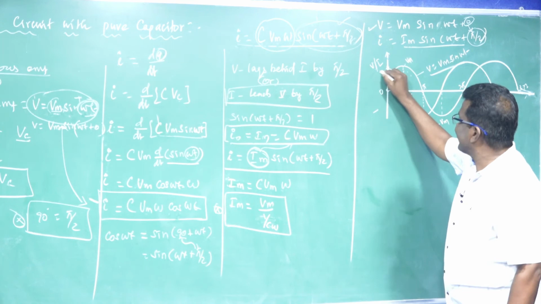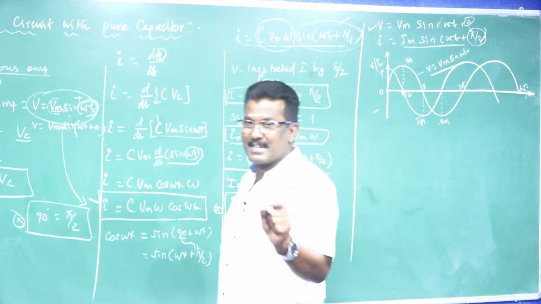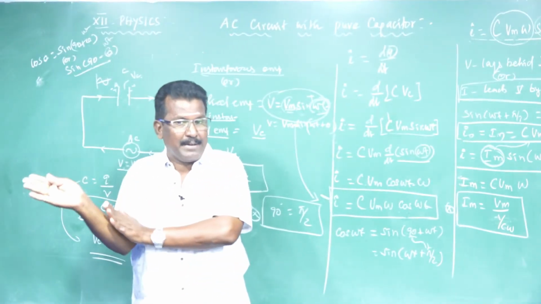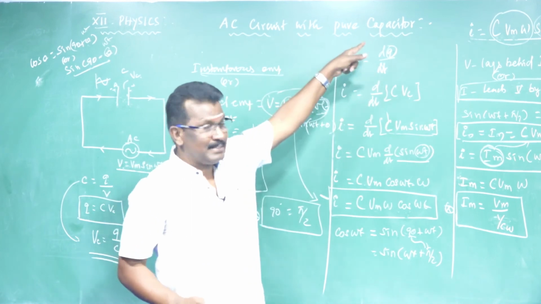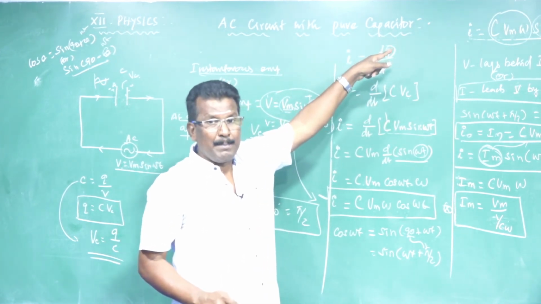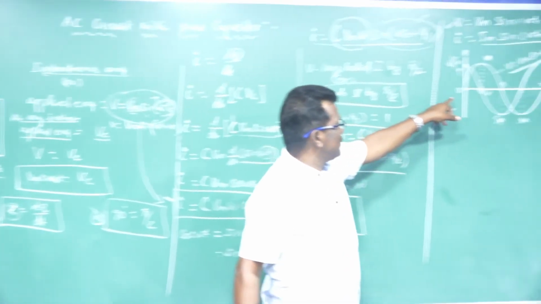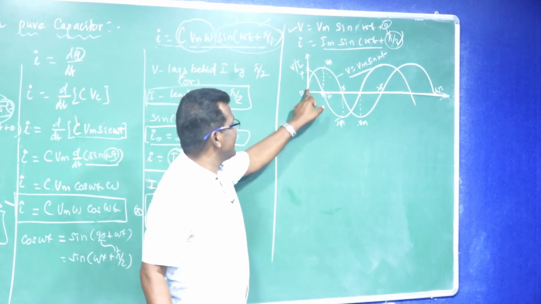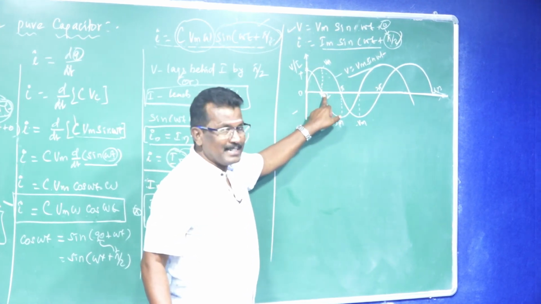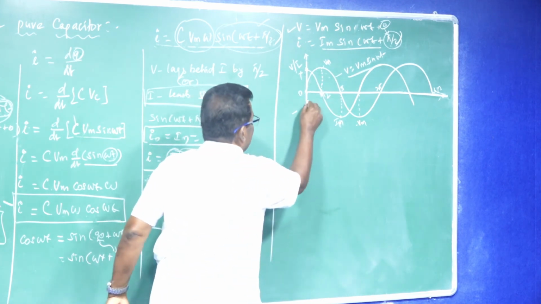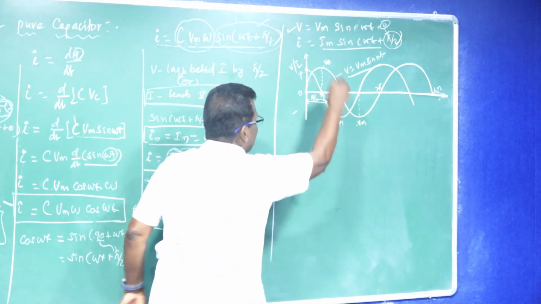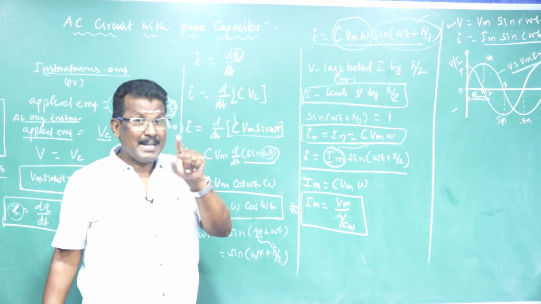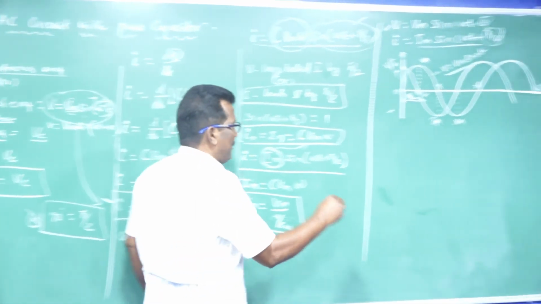It is a minus, it is a positive. So every instant the current and voltage vary with respect to time. But initially the current leads by 90 degrees, the phase angle pi by 2. So initially the voltage is 0, current is maximum. When the time increases, voltage continuously increases, current continuously decreases. But anyway, the phase difference between the current and voltage is always pi by 2. This is in waveform. In waveform, we express. The other expression is the phasor diagram.